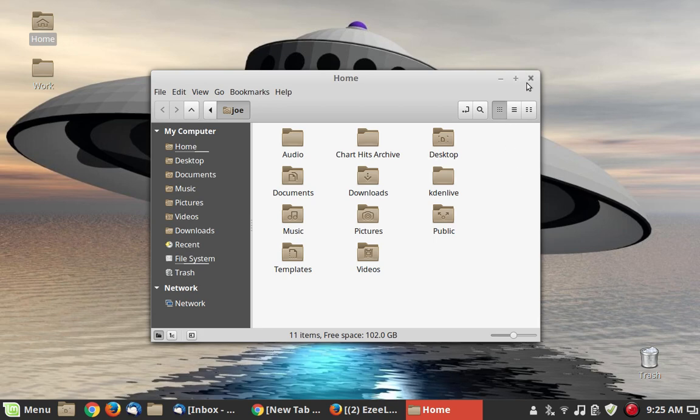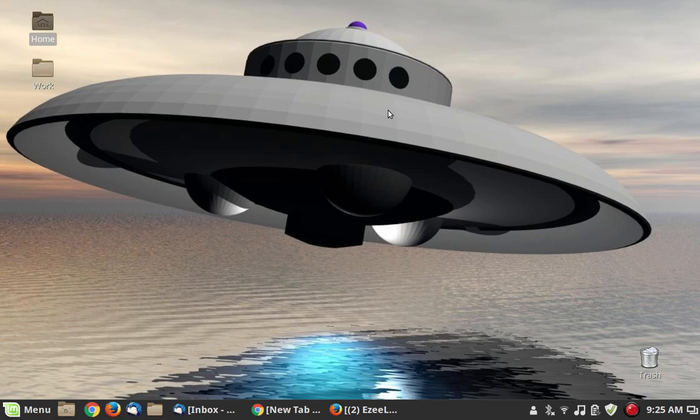So I kind of put my own stamp on it. The background here is one that I have had for a very, very long time. I think I was using this background back when I was running Windows 98. So that's how long I've had this. No, I don't know where you could get it today. But anyway, I thought it was cool.